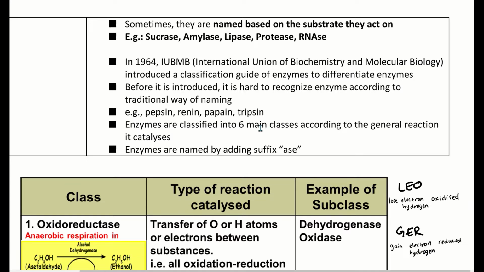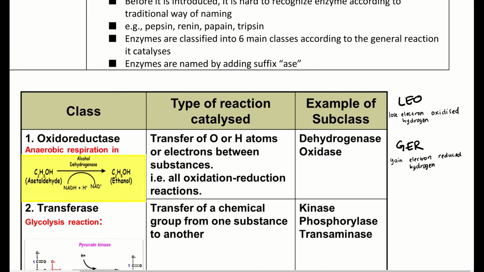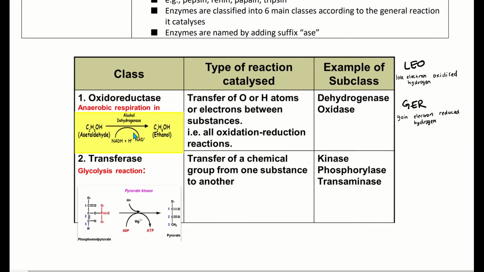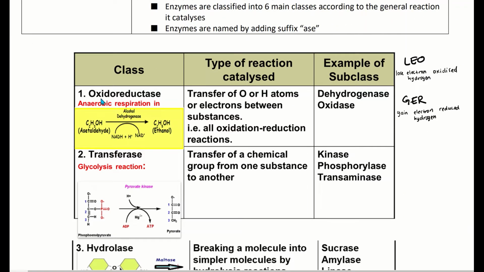Okay, so dia ada cara baru sekarang, kita buat 6 kelas. Yang awak belajar 6 kelas sajalah. Kita boleh bahagikan enzim, kita letak dia ke dalam 6 kelas dan mostly kita akan tambah suffix ASE. Kalau macam dehydrogenase, oxidase, kita tambah ASE ni. Cara yang baru kita klasifikasikan dia. Kelas yang pertama adalah